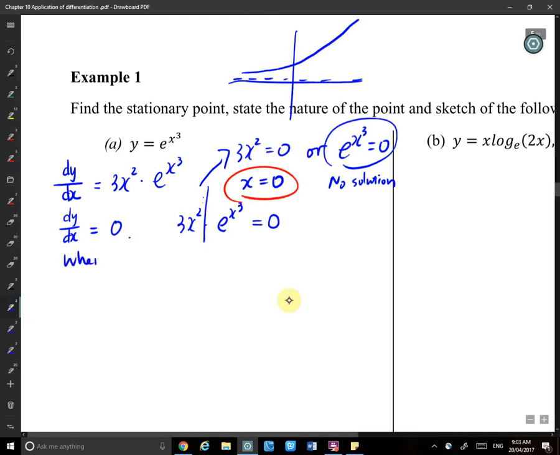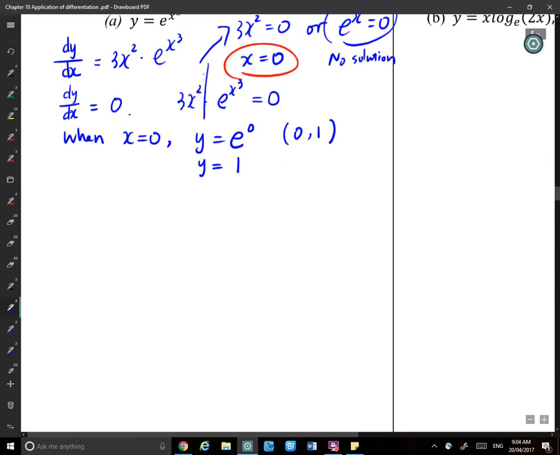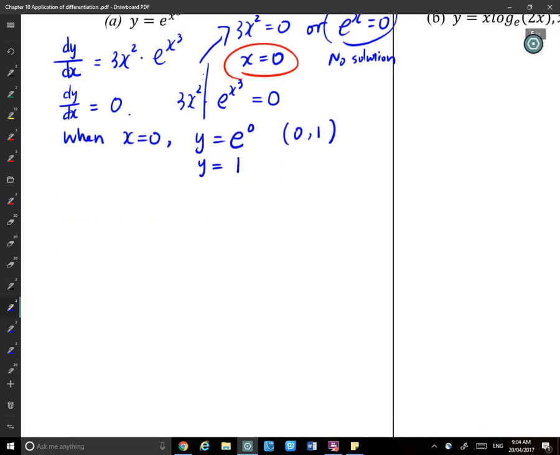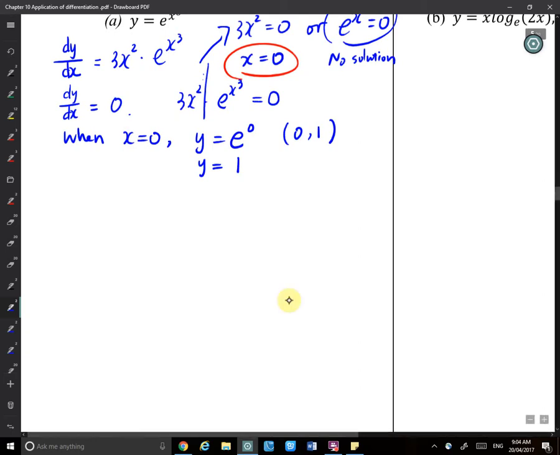When x equals 0, if it's a stationary point, you need to find out the y value. So when x equals 0, y equals e to the power of 0, which equals 1. So (0, 1) is the stationary point. But I don't know whether it's a maximum, minimum, or stationary point of inflection. So now I will use this